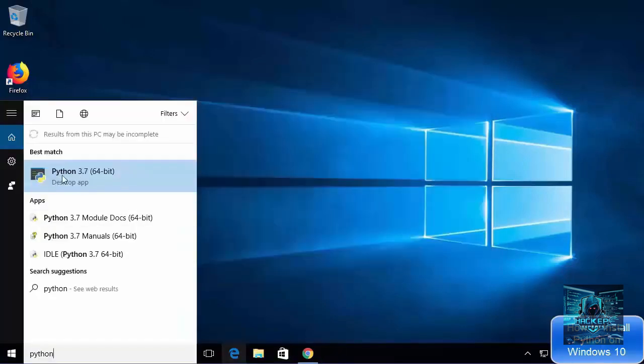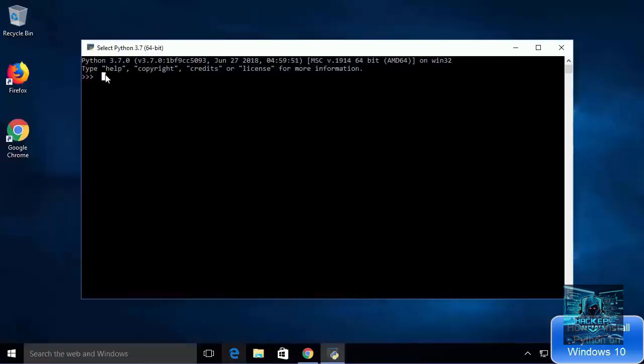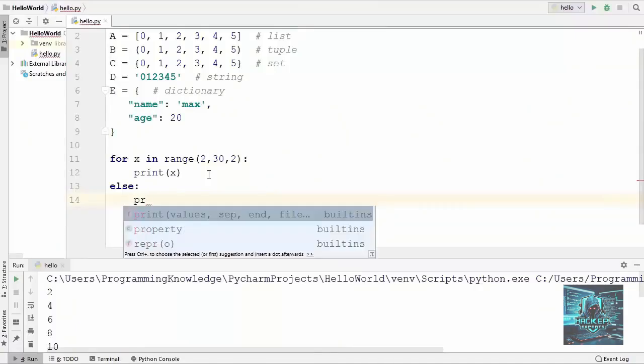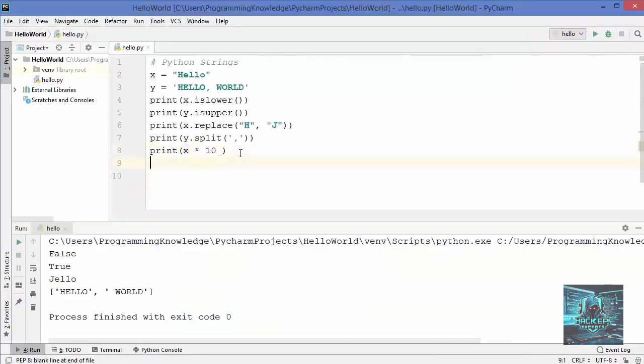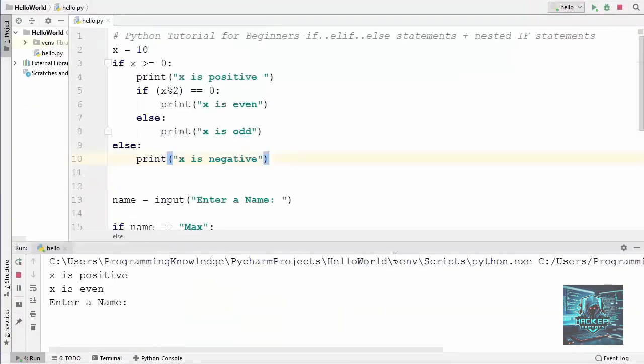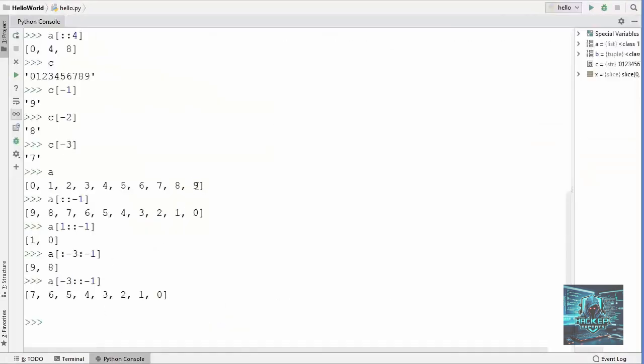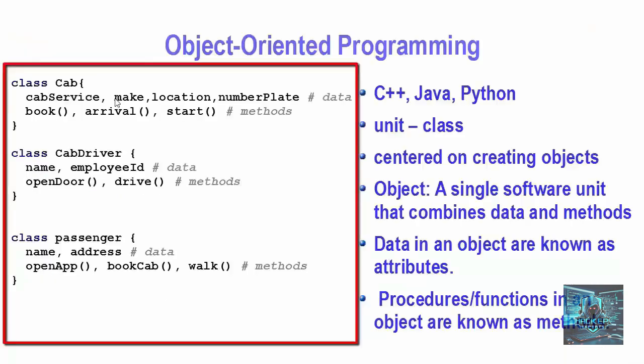We will start with the basics, starting from the installation of Python on your operating system, and then we will learn all the basic concepts in Python programming like variables, data types, operators, control statements, loops, strings, functions, and also Python collections like lists, tuples, sets, and dictionaries. Then we will move to the object-oriented programming concepts in Python.